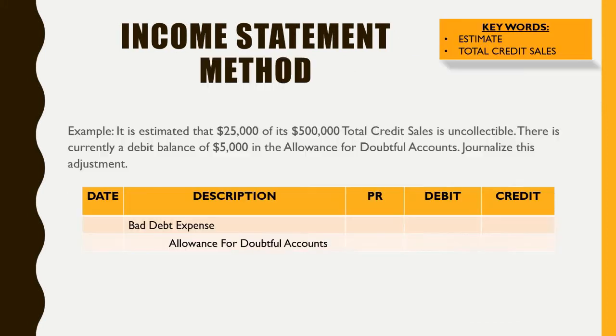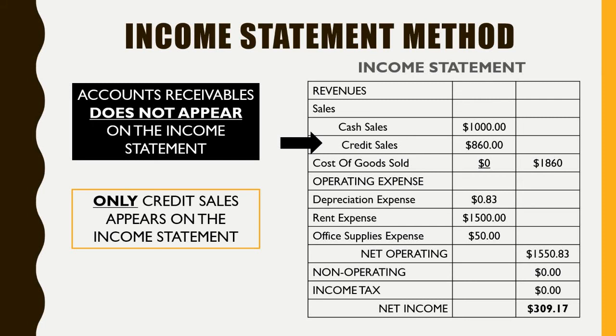In this case, the income statement doesn't show accounts receivable or the allowance for doubtful accounts anywhere. So we don't care about them, because they don't affect the journal entry whatsoever. So in this case, my total credit sales,